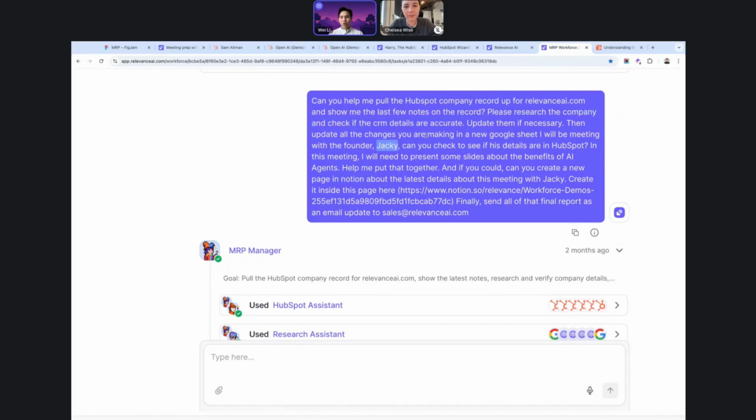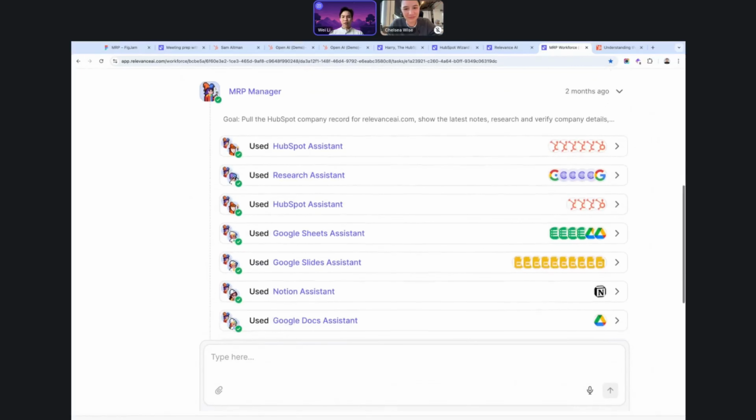I also want to figure out if you can put all that information into the Google Sheets that you can create. And what else did I ask you to do? And if you could please create a Notion presentation too. Slides and a Notion page. Create it inside of a Notion page here, and then finally send it all as an email update to this email address. And it's gone away and did that.